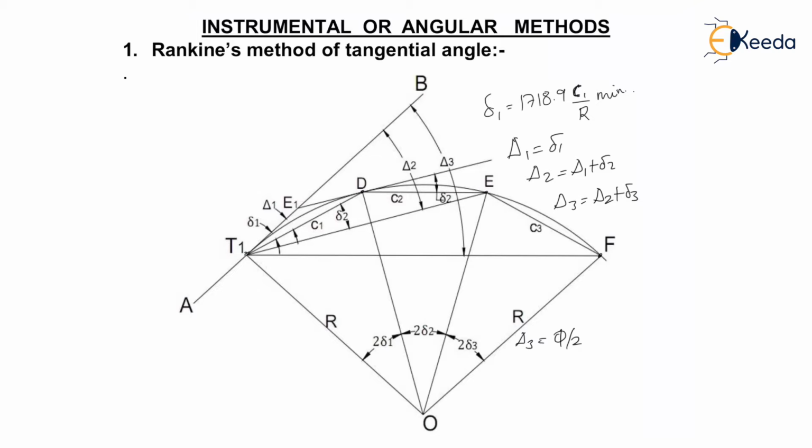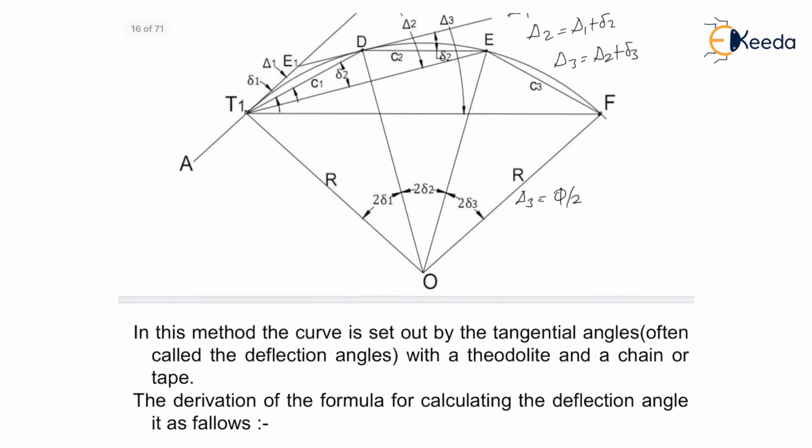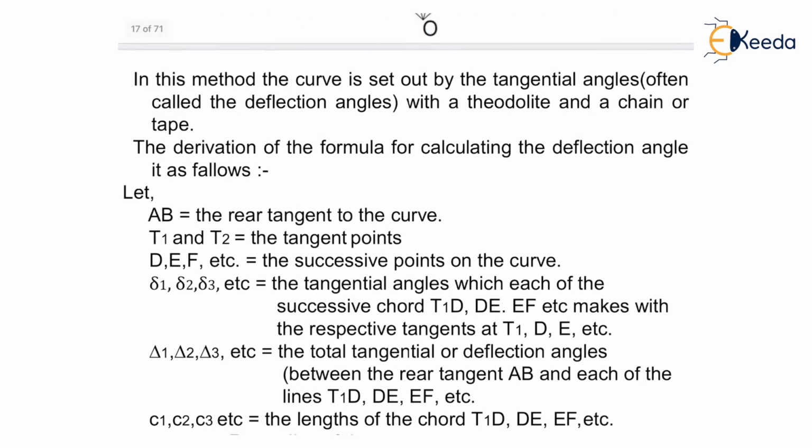If your F and T2 point will not coincide, it means what? There is an error. If it is within the permissible limit, the last few points may be adjusted. If it exceeds the limit, the entire work must be checked. So there are some limits. If it is exceeding that limit also, then we have to go for redoing all the work. All this procedure is explained below and you can go through it, which I have already explained to you.